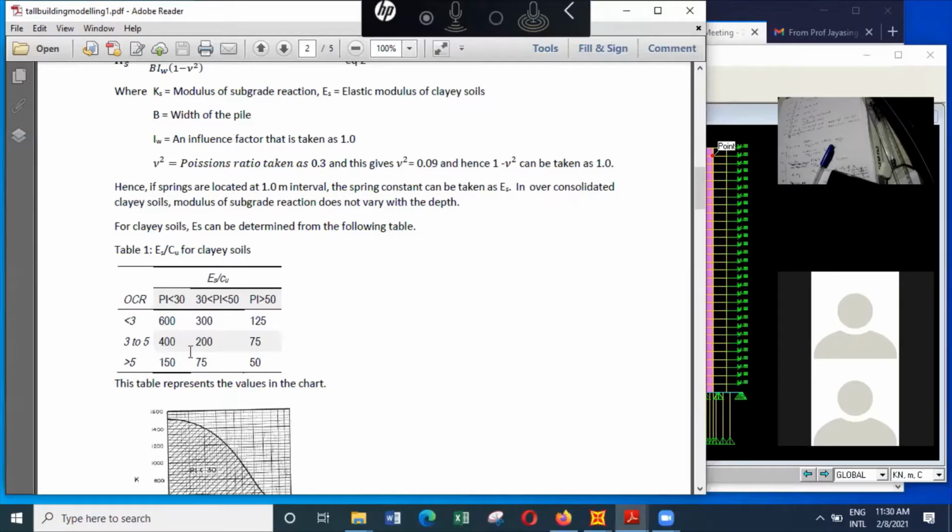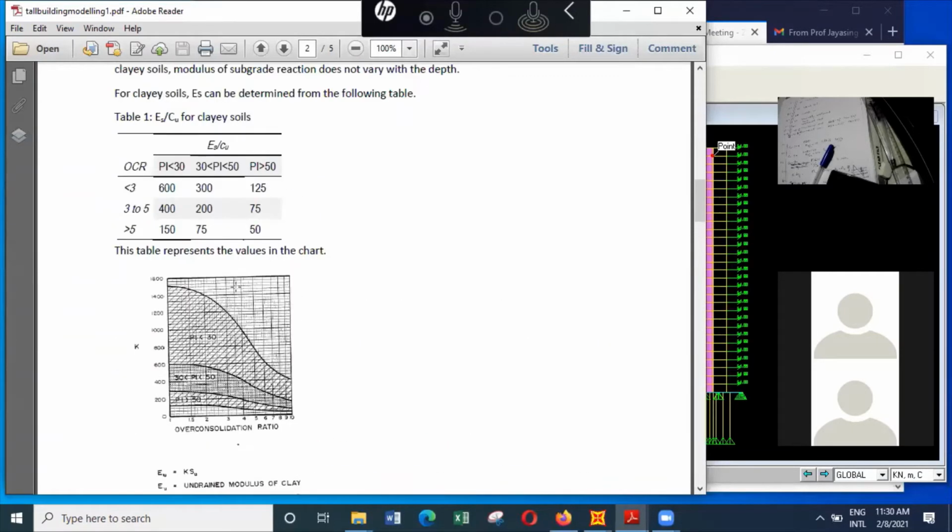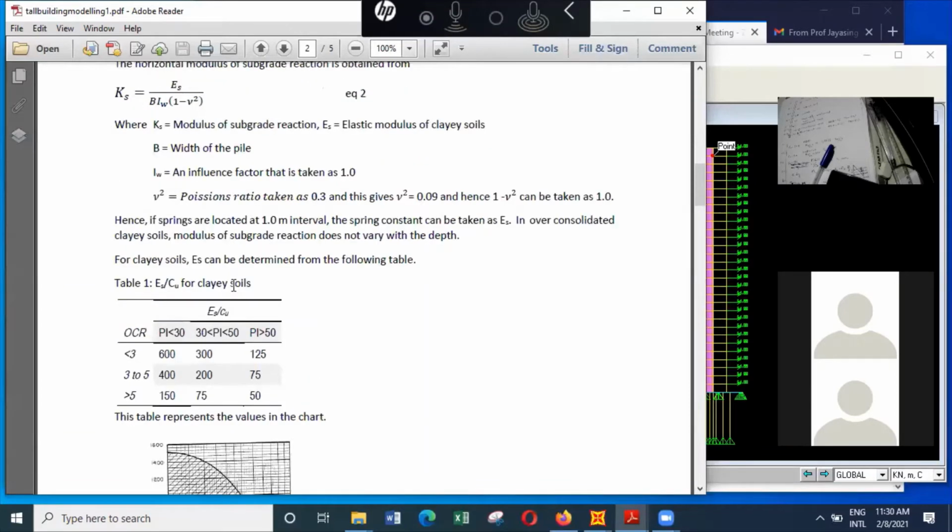But it's usual to use a value like this, which means the over consolidation ratio is between 3 and 5, and then you can use some of these values to find the ratio between ES and CU. And so that is for the clay soils, which means for clay soils we can find the horizontal spring constant. So we'll take an example,